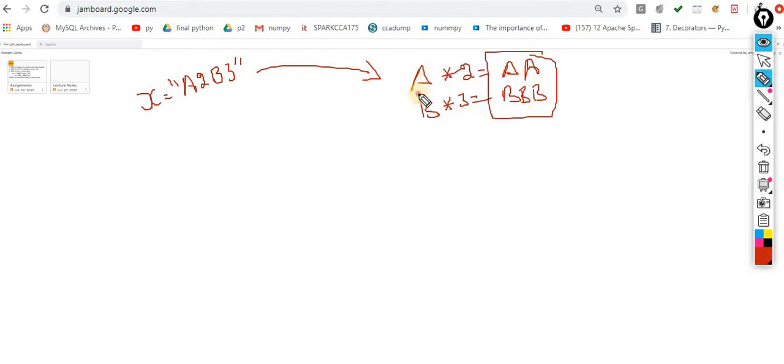So the basic funda is this one. First of all, you have to check whether it is a string, an int, or a character. If it is a string, then next you have to capture it and multiply with this. If it is a character, then what next?